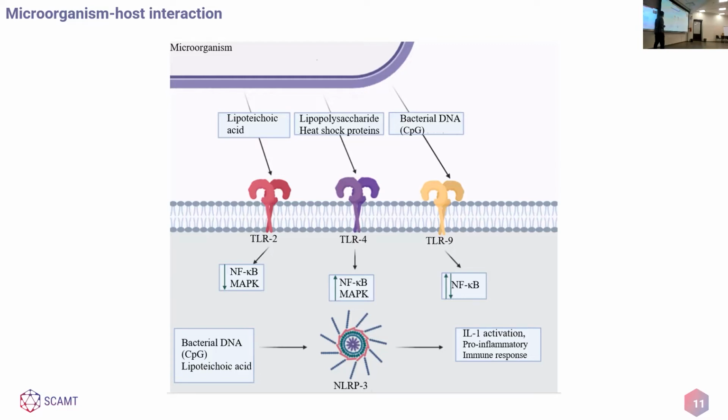And TLR9 recognizes the bacterial DNA. Okay, TLR2 drives the anti-inflammatory responses. It down-regulates the NF-kappa-B and MAP kinase pathways. TLR4 is the opposite. It's the pro-inflammatory pathway. But if you think that's too easy, TLR9 can act in both pro-inflammatory and anti-inflammatory pathways, depending on some additional